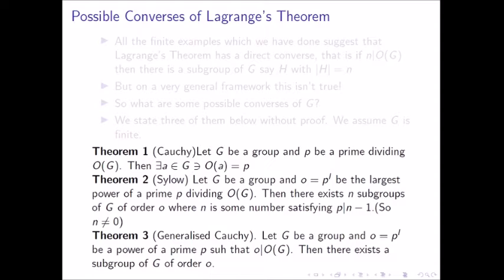So these three results can be thought of as some converses to Lagrange's theorem. But note that the general converse, that whenever a number divides the order, there is a subgroup of that order, is not true. So we now go to our next section about linking, and now understand what isomorphism means in the context of groups, and also study other methods of linking.